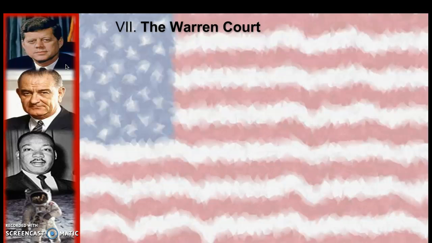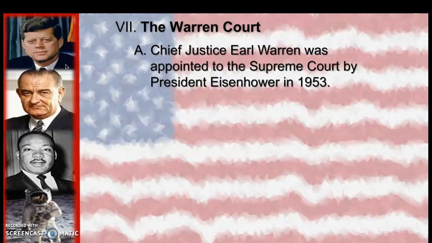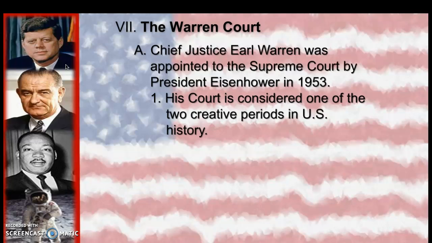1960s PowerPoint number 6. This is a giant section, as you already know, because you have had the notes for a while. This part is going to deal with the Warren Court. As mentioned before, the Warren Court is the second most important Supreme Court Chief Justice, along with his court and their decisions, John Marshall being the first. We had the John Marshall Court in first semester, so we're going to have to review him coming up real soon, guys. With Chief Justice Earl Warren, appointed in 1953 by Eisenhower.